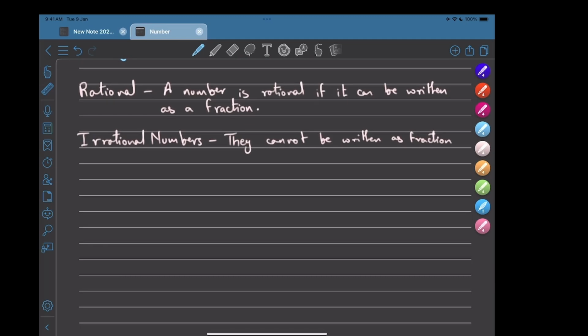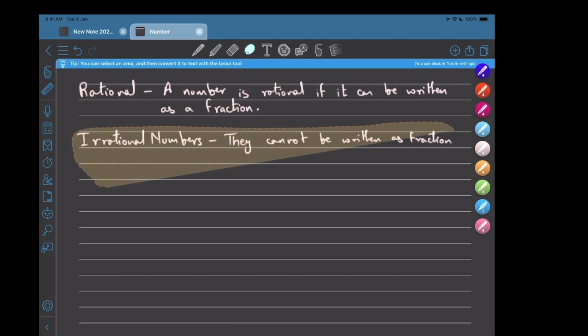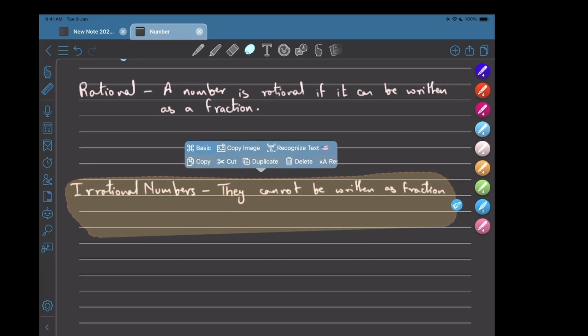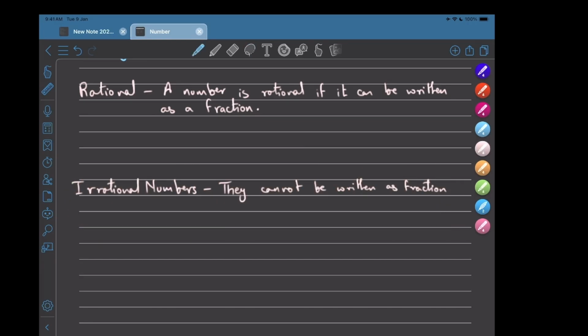Rational and irrational is something that you must be very thorough with. The reason being, sometimes in the question they might ask you to give the answer in rational form or irrational form. They will ask you if the answer is rational or irrational. So those are some kind of proofing that they ask you in the exam. So the rational numbers are basically numbers where a number is rational if it can be written as a fraction. Now in rational numbers we have 3 scenarios as well, 3 primary types of rational numbers. All integer values are rational numbers.